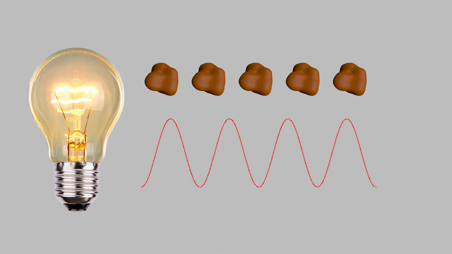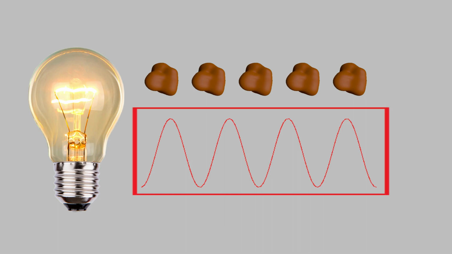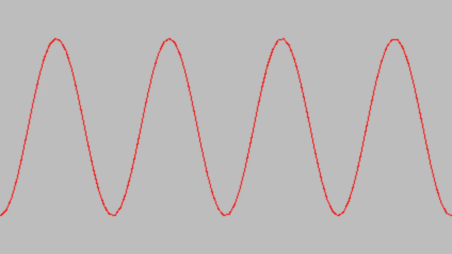So, this experiment seemed to solve that issue. Light is a wave. In the next video, we'll see that this wasn't the last word on the question of whether light's a particle or a wave, but for now, we'll talk about light as though it is simply a wave. So, let's talk about waves in general for a minute. Waves have four properties that we'll care about.